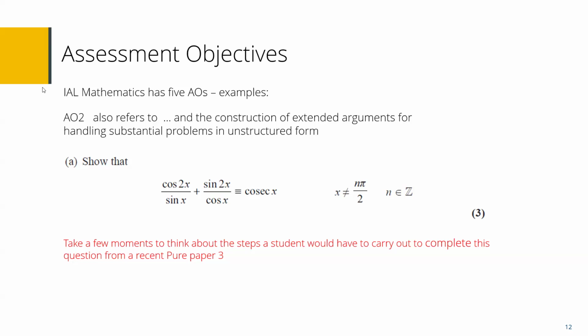Now, there are different ways of approaching a problem here. When you have to show that, it's almost like proving an identity. And there are different approaches to that. You could simplify the left-hand side, you could simplify the right-hand side, and if you do it on either side, you need to make sure you have a conclusion to state and show that both sides are simplified to the same thing. Or you could do the typical approach of taking the left-hand side and following different arguments, different steps. You can then show that it turns into the right-hand side.